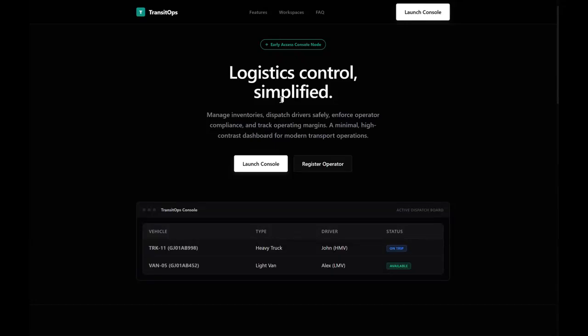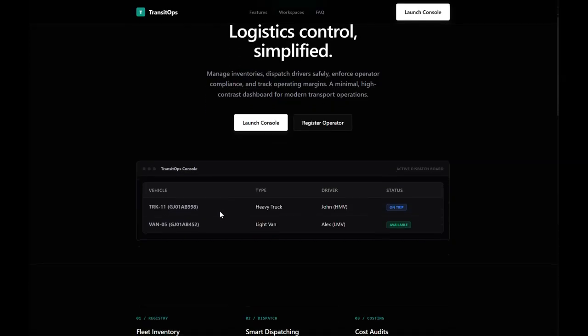Good afternoon, everyone. Today we are excited to present TransitOps, a smart operation platform designed to digitally transform the way logistics and fleet management companies operate. Many transport organizations still rely on spreadsheets, manual records, and disconnected systems to manage their daily operations. These often result in scheduling conflicts, underutilized vehicles, delayed maintenance, inaccurate expense tracking, expired driving licenses, and a lack of